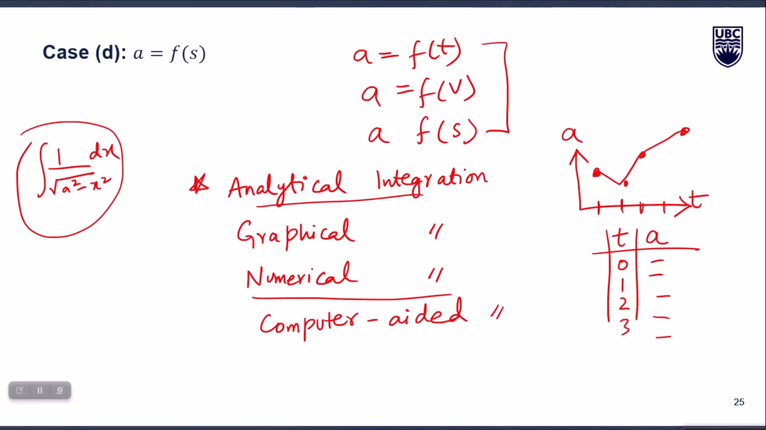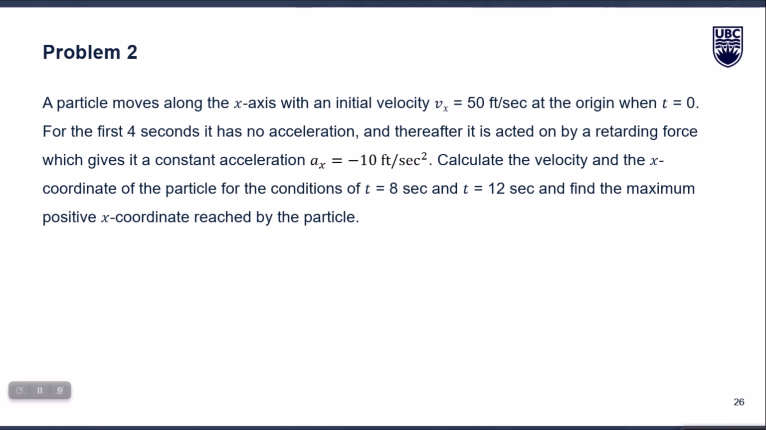Now let's see a couple of examples from these four cases. We can start with the constant acceleration case first. So let's start this problem in which it says that a particle moves along x-axis with an initial velocity of